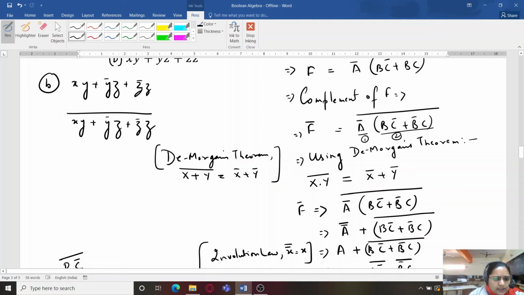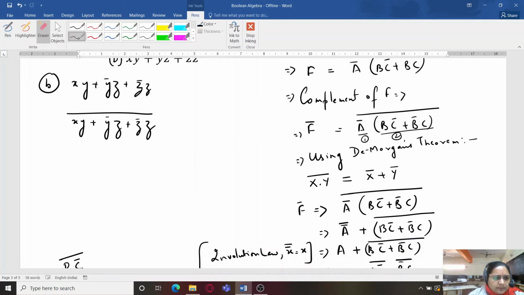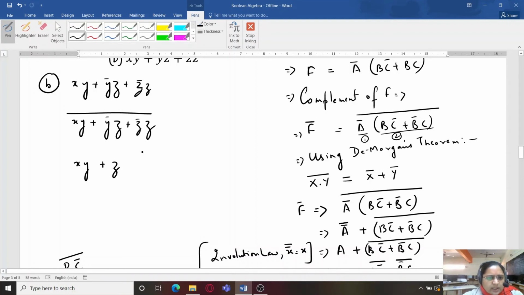What we can do is inside it we can first try to minimize or reduce this expression inside, and that would be xy plus, okay, the thing is it is already given z dash dot z,